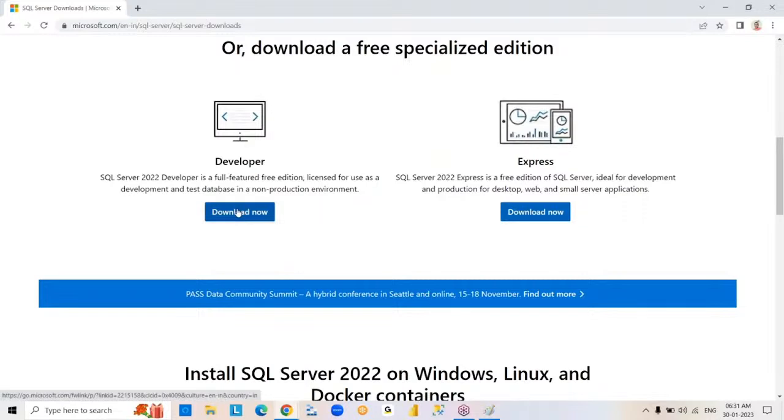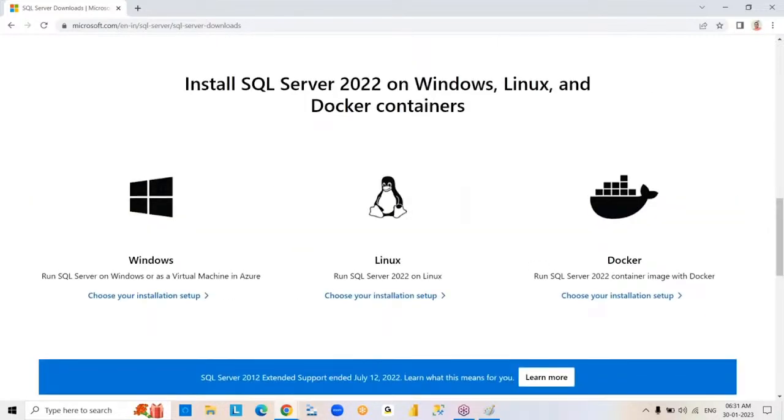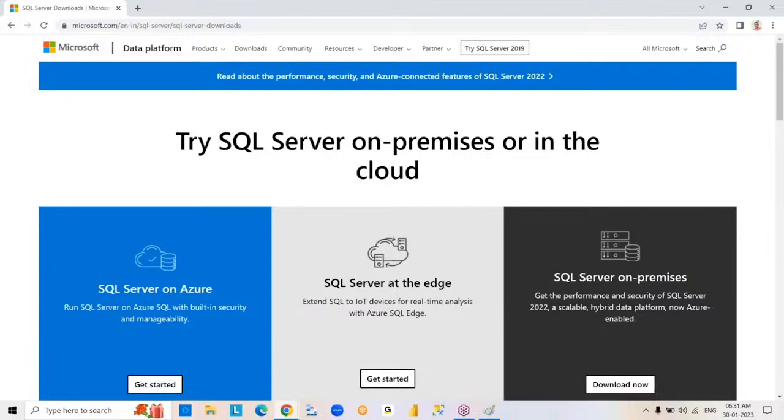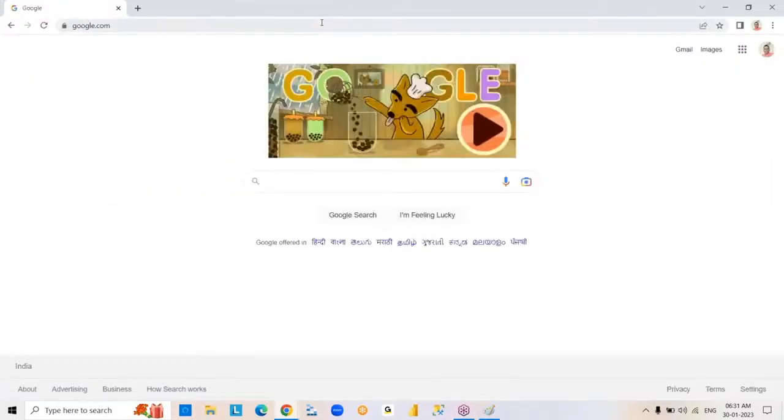So you can download it and install. Now, an installation video I will share. Next, after completion of the SQL Server installation,